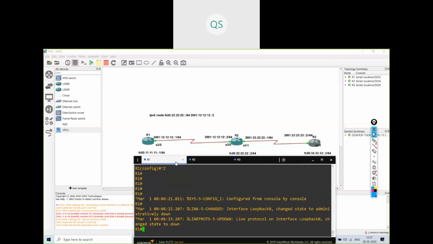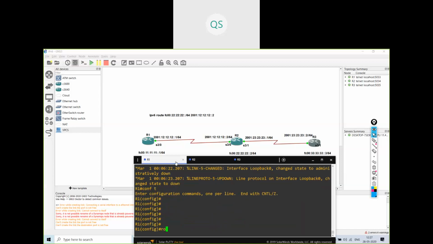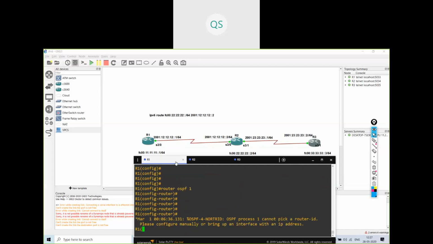Let me do it like this: router ospf 1, router ID is 1.1.1.1.